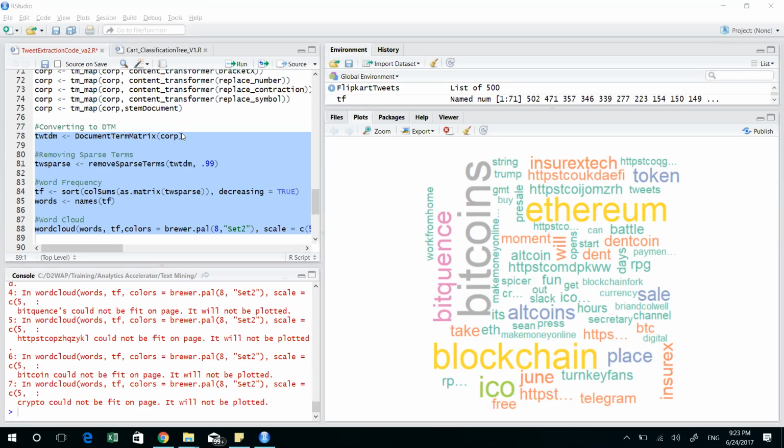Okay guys, before I start explaining this word cloud, it's very important for an analyst or data scientist to understand the domain of the subject on which you're trying to run analytics. This word cloud will probably not make sense to those who don't understand Bitcoins. That is where understanding the domain makes a lot of sense and is a must for any analyst or data scientist. Anybody who knows Bitcoins would know that the underlying technology of Bitcoins is blockchain, okay?